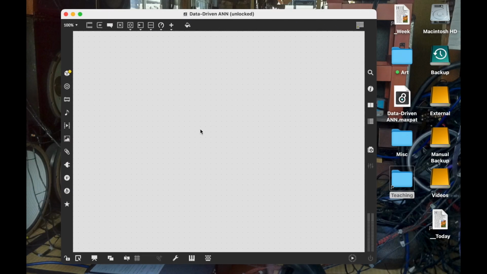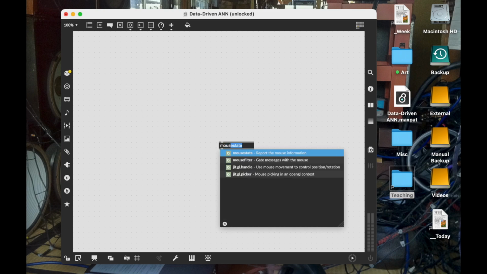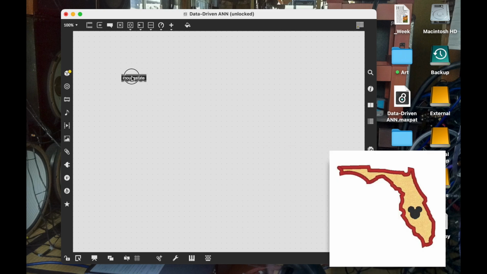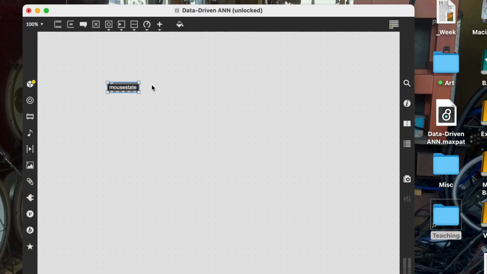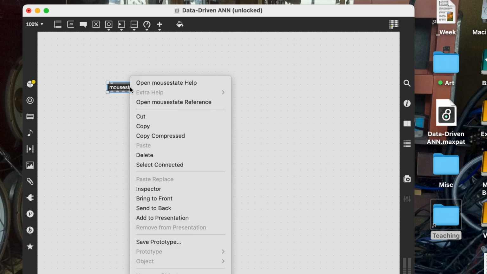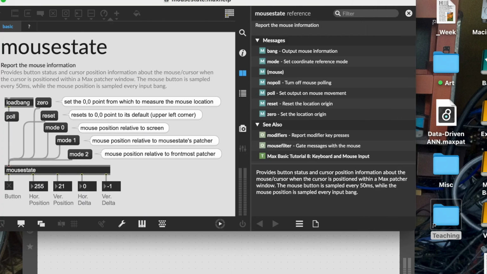Alright, so here's my MaxMSP window. Of course, you can do this in whatever software you want. The reason I'm doing it in Max today is I want to take advantage of this mousestate object. There isn't really anything akin to this in pure data, and this just gets me mouse information. So if I open up the help here,